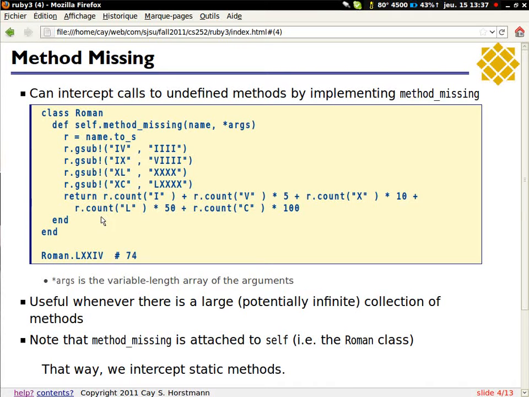It'll probably return 0, right? Because it'll make some substitutions in here and it'll count a bunch of stuff and it'll probably just not do anything useful. Now, of course, I could do a different kind of method missing. I could check in method missing, is the name this, is it that, and otherwise I could call super.method_missing and then it would generate the usual error message.